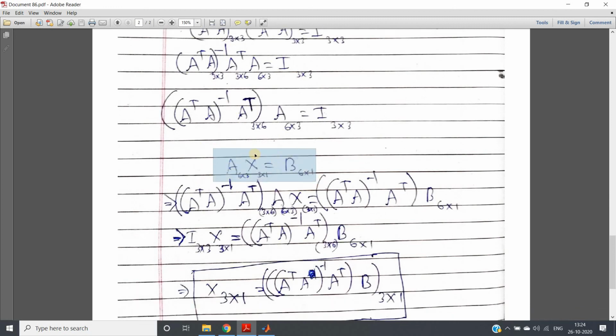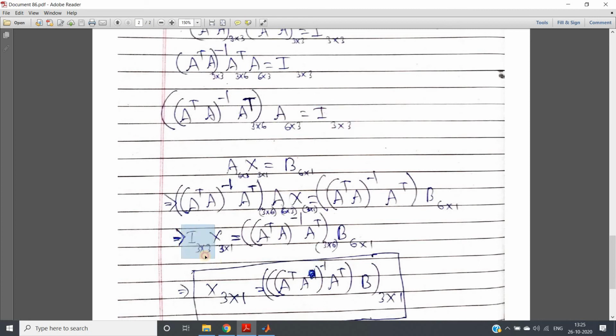And then I am multiplying this particular term, which is the inverse of this rectangular matrix A, on both sides. Just simply multiplied this term on both sides, nothing else. Ax equal to b was already there, and I have multiplied like this, right? Now you tell me, what is this? (A transpose A) whole inverse into A transpose is basically inverse of our A. So when you multiply these two, you will be getting identity matrix, and you can see that this particular term is 3 cross 6, and when you are multiplying with A, which is 6 cross 3, we will be getting identity matrix of 3 cross 3, right?